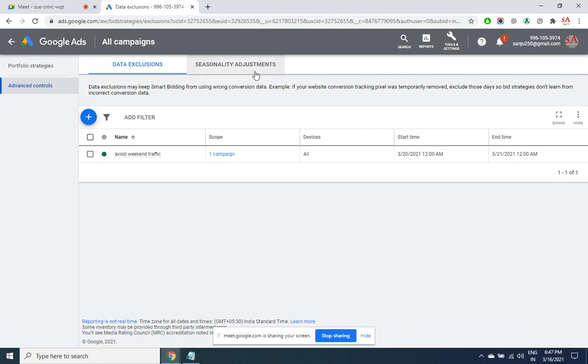Okay. Now this is seasonal adjustment, meaning, as I told you, that during festive seasons I want to increase the budget of all the campaigns by, let's say, 20%, 30%.